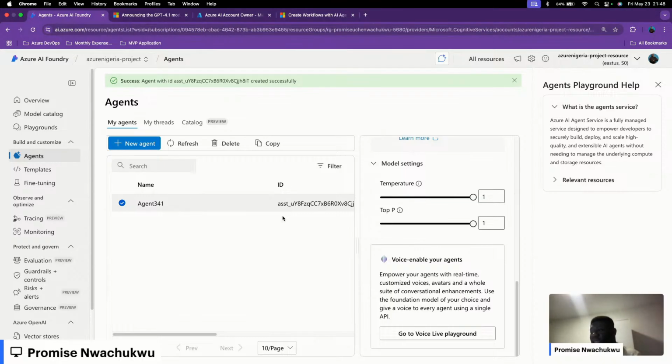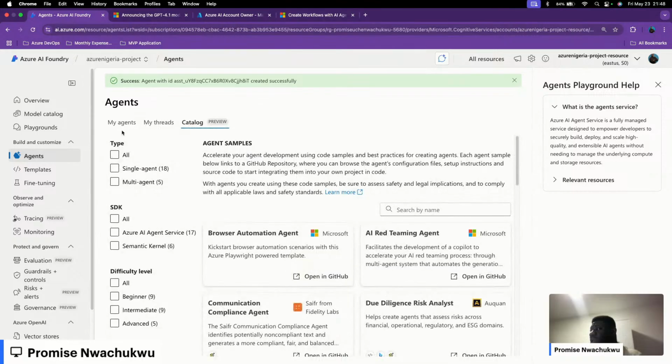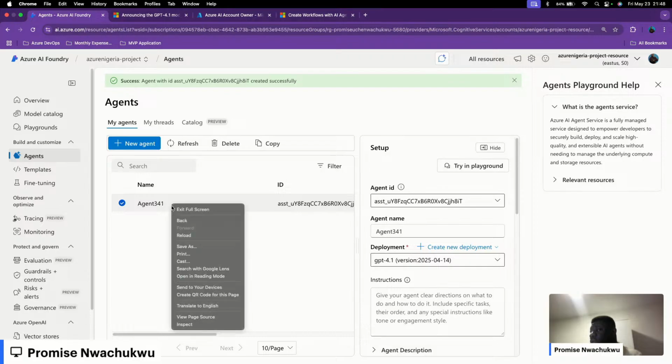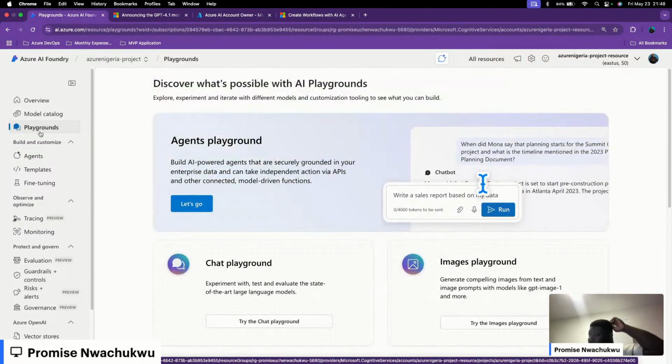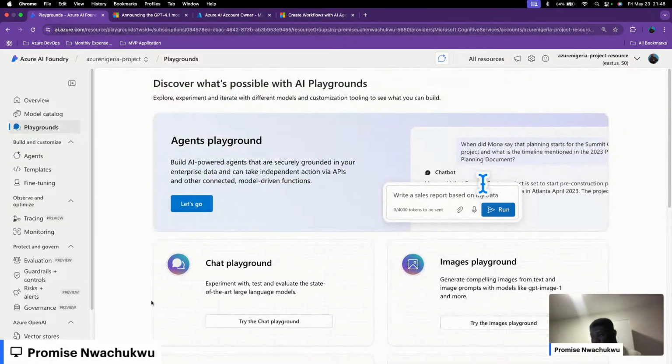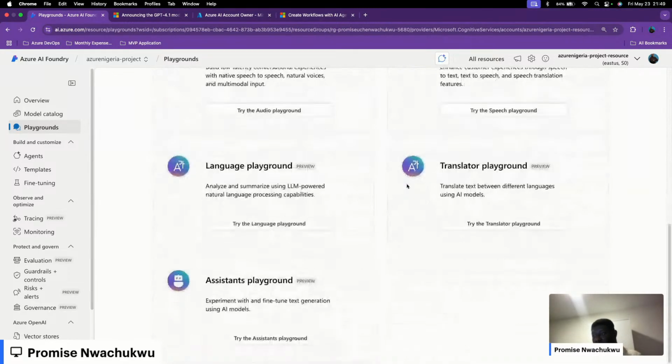So the next thing is this, let's play around with our agents, right? Now we have an agent. Let's play around with our agent and see what we can do with our agents. So let's see. What can we do with, okay, we can go on the playground, right? You can go on the playground here